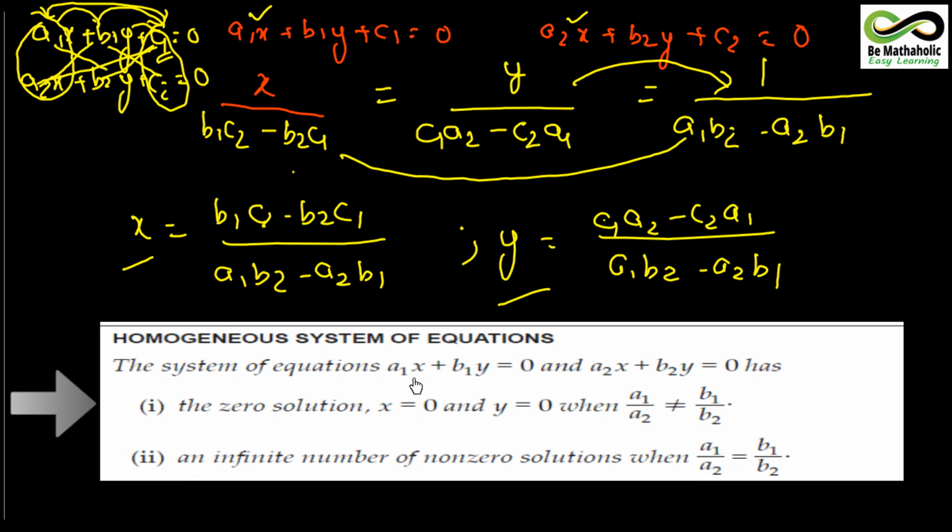Now I am going to talk about the homogeneous system of equations. Children, you also have some questions in your exercise where the constant term is missing. There might be some linear equations given to you where the constant term is missing, as you can see: a1x plus b1y equals 0. In this, c1 is missing, and here also c2 is missing. For such equations, remember, it will always give you the zero solution, meaning x and y will always be 0, when the ratios of the coefficients are not equal, and they will give you infinite solutions when the ratios of the coefficients are equal. So please do remember this part also.